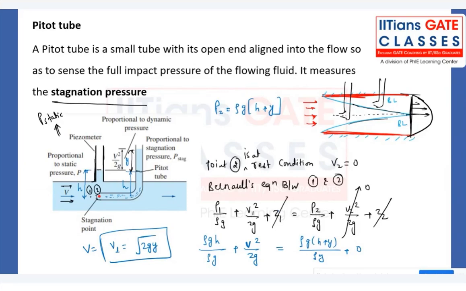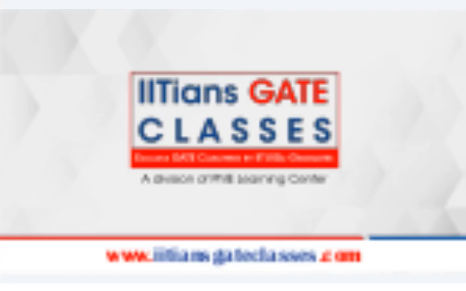So there are many ways to calculate the velocity of a fluid in a pipe. That is the one way which I am showing you right now. A pitot tube is a small tube with its open end aligned to the flow direction so as to sense the full impact pressure of the fluid, and it measures the stagnation pressure, right? Whenever you do not have any piezometer, you will not be able to measure the velocity of the fluid because